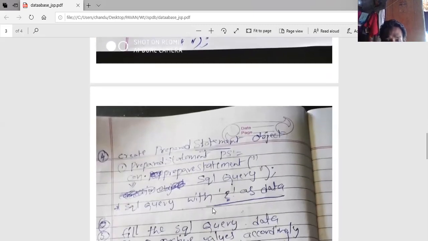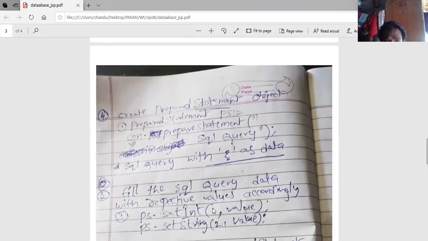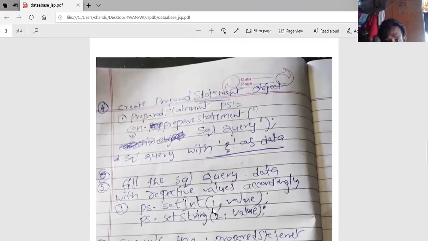Next, create the prepared statement object. PreparedStatement ps equals con.prepareStatement. Within the brackets, we need to place the SQL query. That may be any query we can